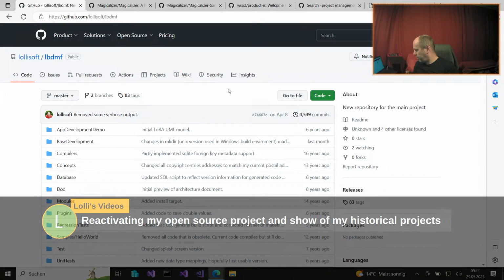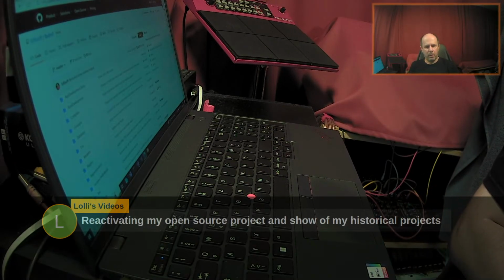I want to show something: this one is my new Lenovo laptop. It's an L15 with 64 gigabytes of RAM.